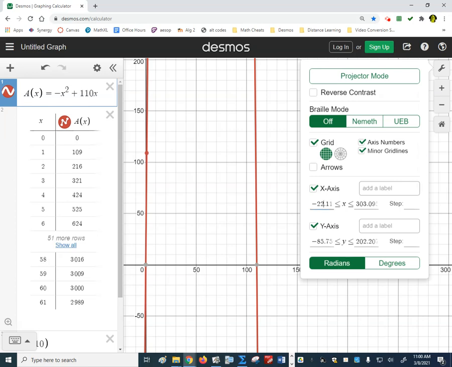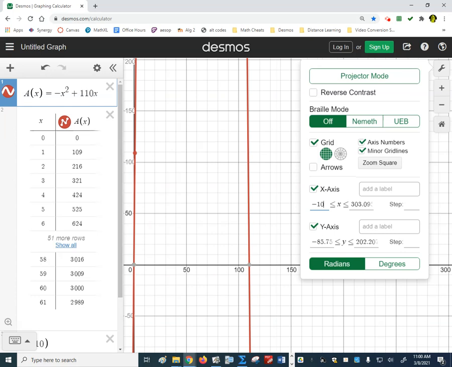I'm going to hit Control A to highlight the number that x is greater than. That's the left edge of the screen. Why don't I just make it a small negative number, like negative 10? Okay. What about the top number? If I tab over to the value that x has to be less than,